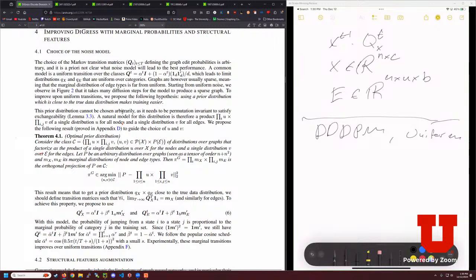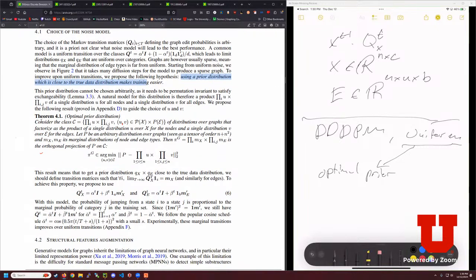From what distribution? So rather than doing a uniform distribution, they have some optimal prior distribution. So they're saying you can find an optimal prior. In what sense do they mean optimal? So they have this theorem